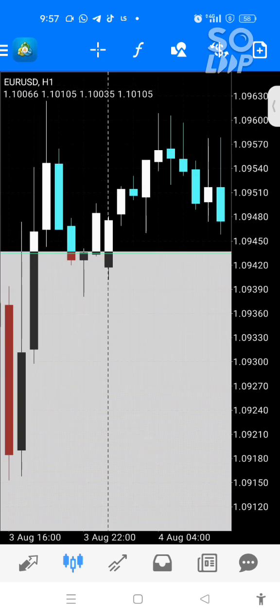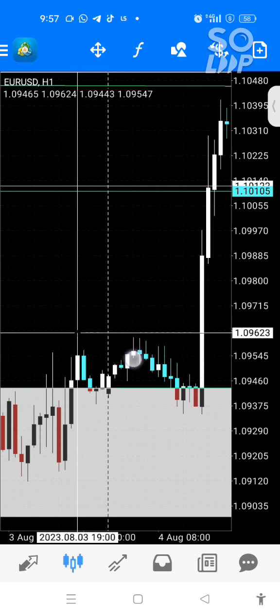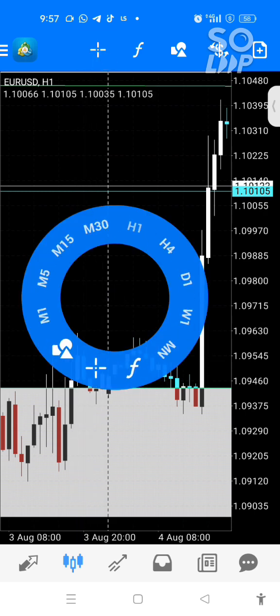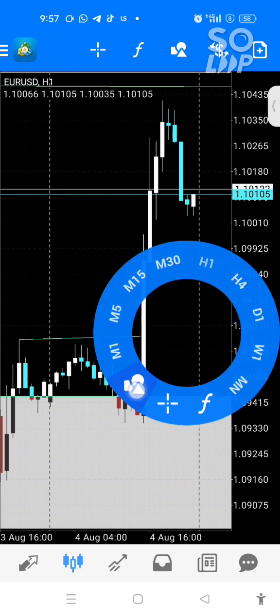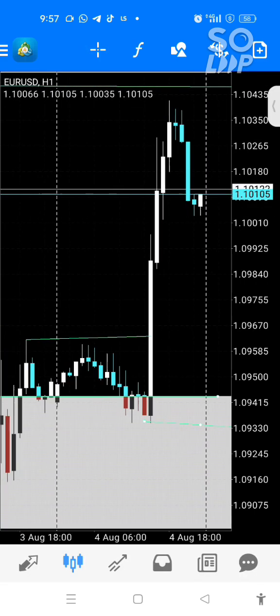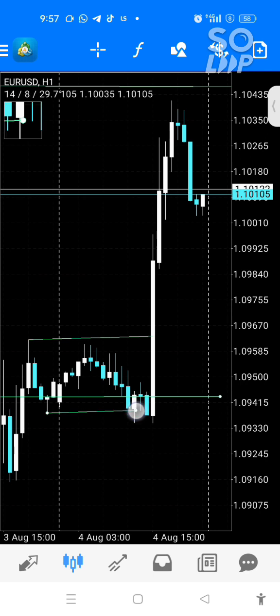Now, when we are looking at range, let me just quickly explain what a range is. A range is when a high is formed. You can see the swing high, right? Let me draw it out. Then you can see this swing low, this swing low here. So at the moment, let me quickly remove this swing low. You can see it, right? Now, at the moment, I told them there is a range here.